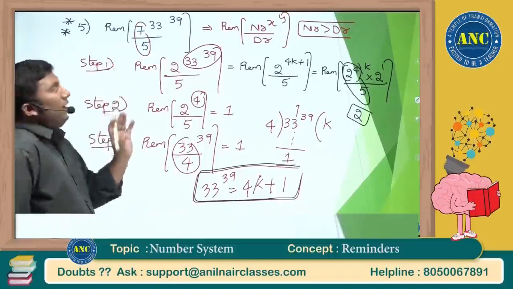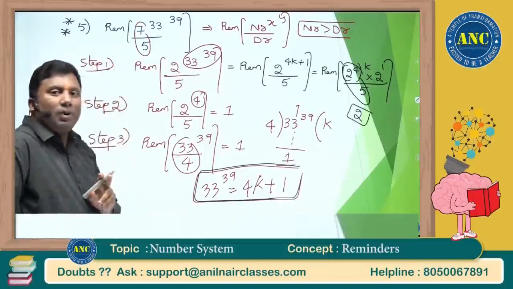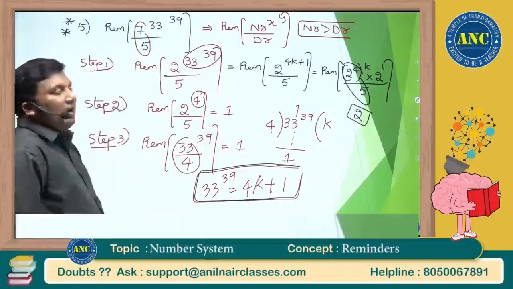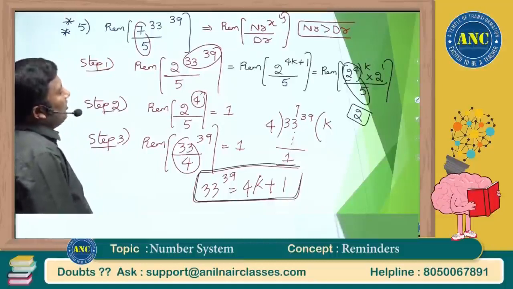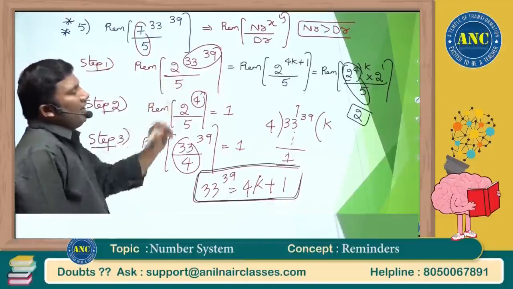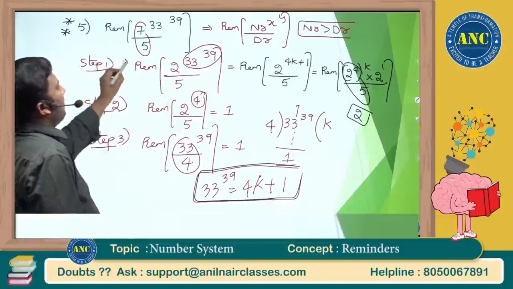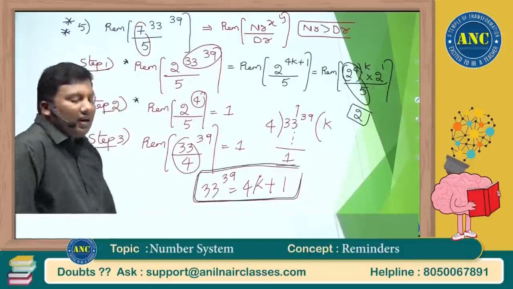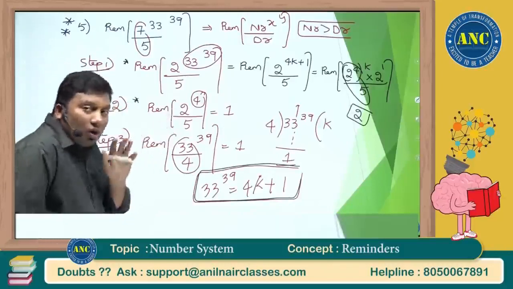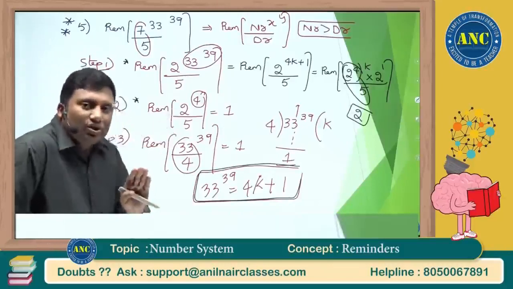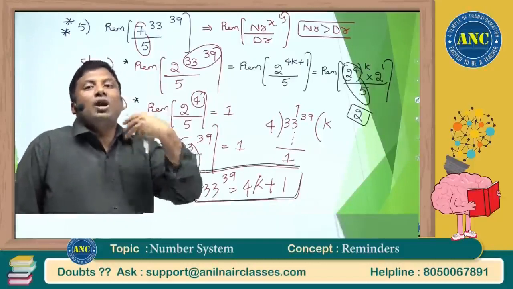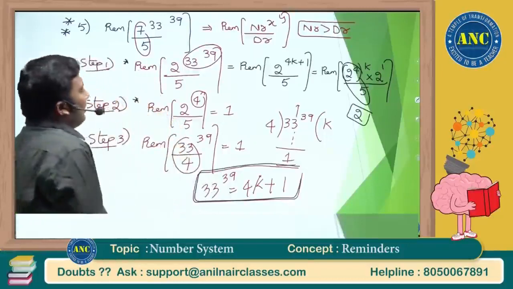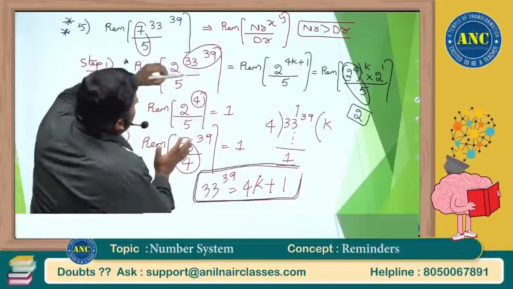So again I am repeating, sir. This is a foundation based problem on a level 2 model. Listen carefully. 5 ones are 5, remainder 2. 2 power 33 power 39 divided by 5. This is the first step. Second step: 2 power which number when divided by 5 gives 1? Please do not take minus 1, because one more additional step is required. Why waste one more additional space and time? 2 power 4 divided by 5.